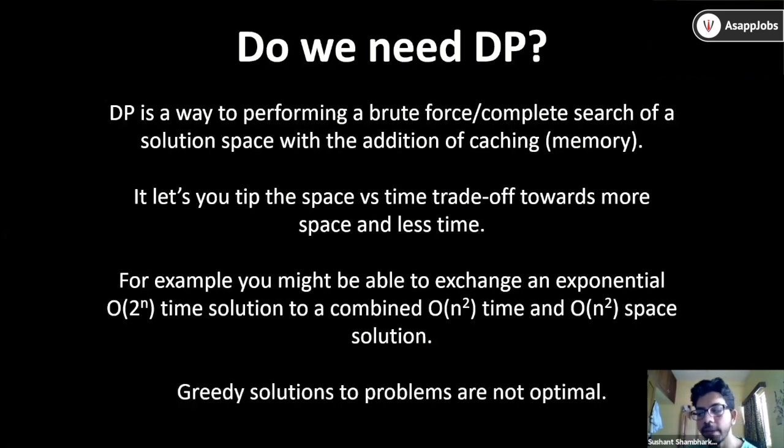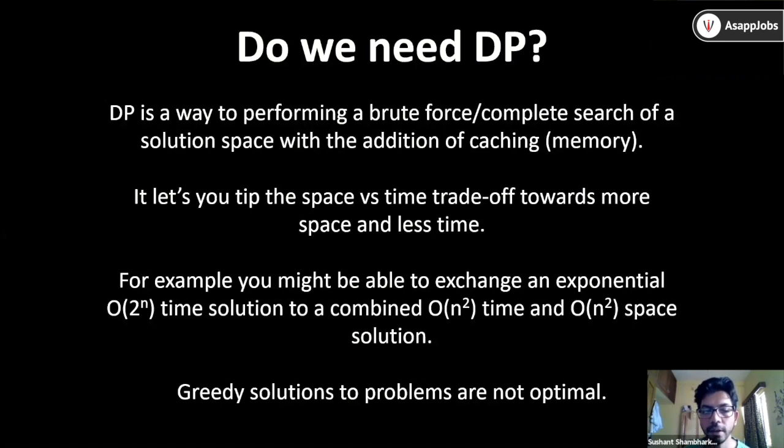And many times we get confused with the greedy method. We read a problem and we think that a greedy approach can solve it, but it's not always optimal. It can give an optimal result sometimes, but it may not be optimal all the time. One technique to guess whether the problem is greedy or dynamic programming is this: if the problem can be solved using some sequencing at the start, like if you read the problem and you think that if I sort the input in some fashion and use the first or the last input, that will be my solution, then the problem may be greedy.